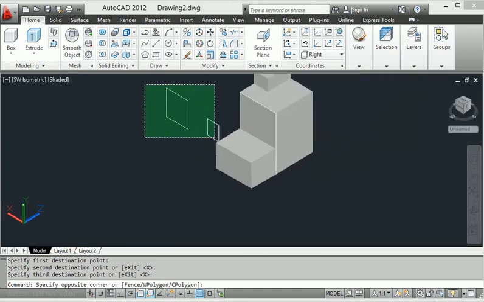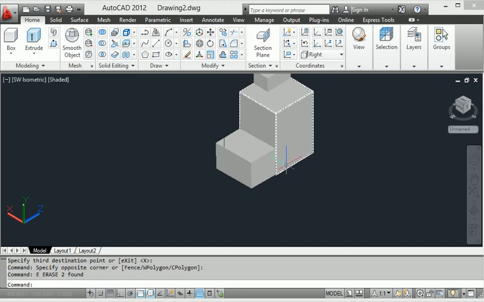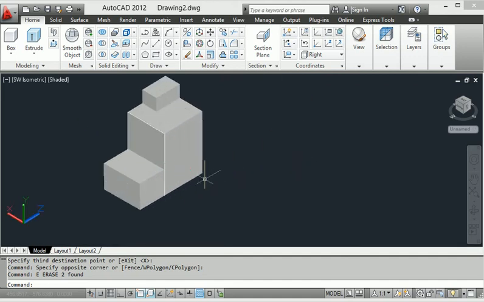I click according to what is suitable, not just any other point. The selection must match our diagram. I want fitting in this position, so I click this one, this one and this one.